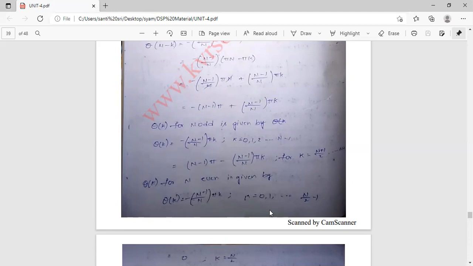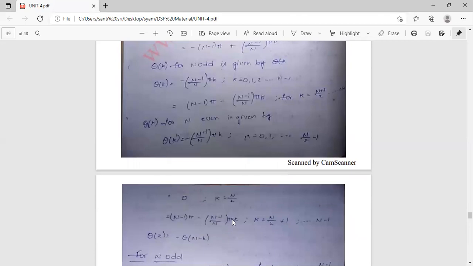5k, where k is varying from 0 to n by 2 minus 1, or it is equal to 0 for k equal to n by 2. Okay, so it is n minus 1 into 5 minus n minus 1 by n into 5k for k equal to n by 2 plus 1 to n minus 1, or theta of k equal to minus of theta n